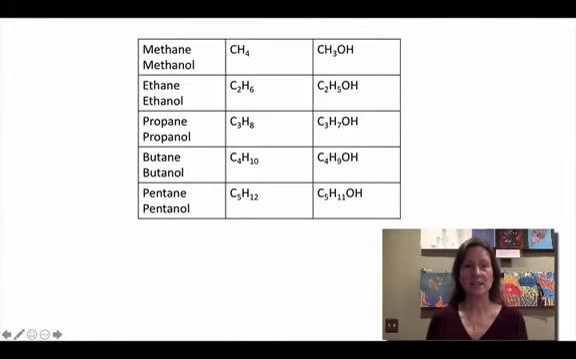Here are a list of your potential hydrocarbons. On your test, I won't ask for anything more complicated than these. On your naming test, you guys had a lot more than this. But on your